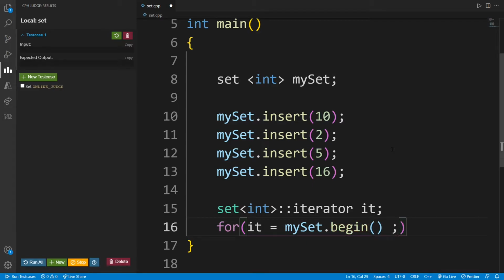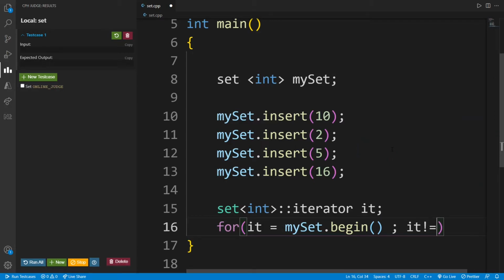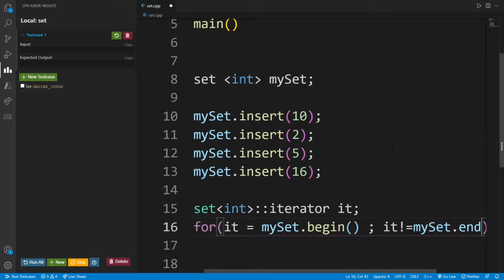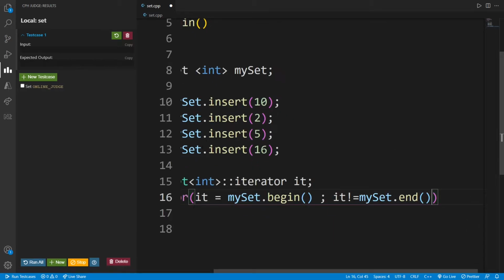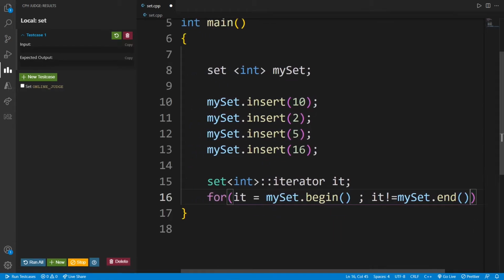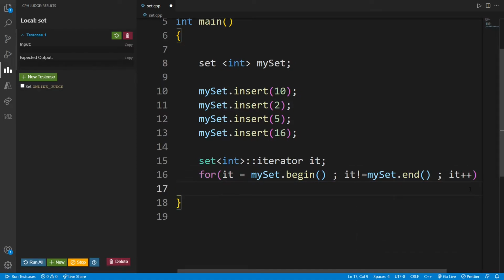Then we need to go up to the end. That means iterator is not equal to myset dot end. And also we need to increase the iterator. This iterator is nothing but just like a pointer,